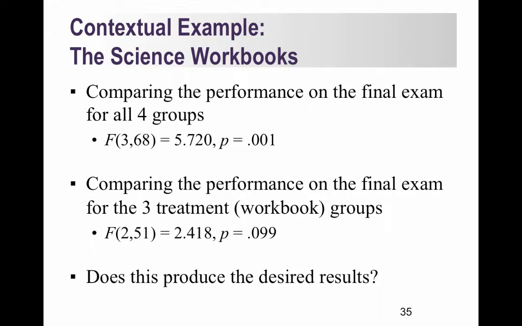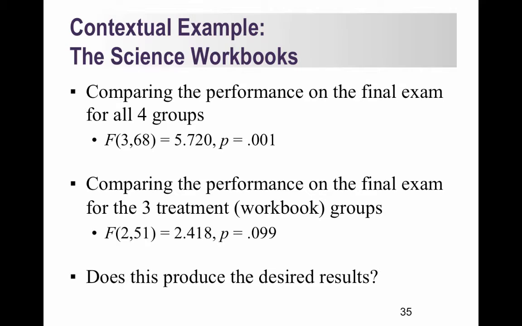And here are the results when we actually do the ANOVA for the data for our final exams for the 4 groups that we were just looking at. The F ratio, which again we'll elaborate on later what that actually measures, the F ratio for comparing the 4 groups suggests that it would not have occurred by chance if all group means were equal, a significance level here of 0.001. Alternatively, if I were to only look at the 3 treatment groups, the 3 groups that use the workbook,